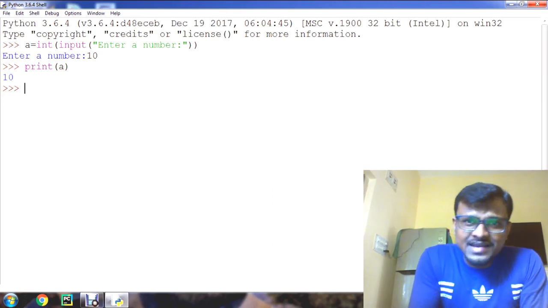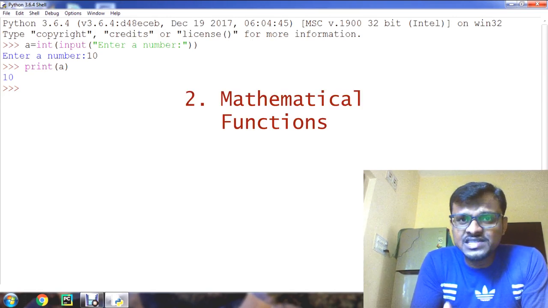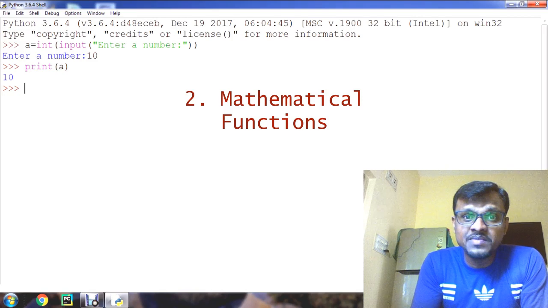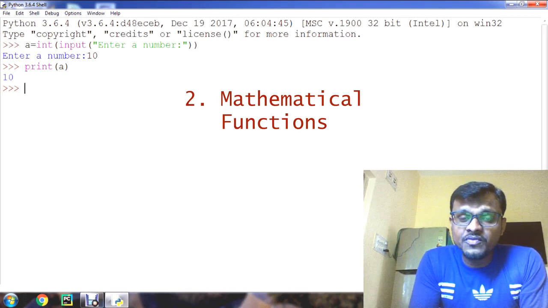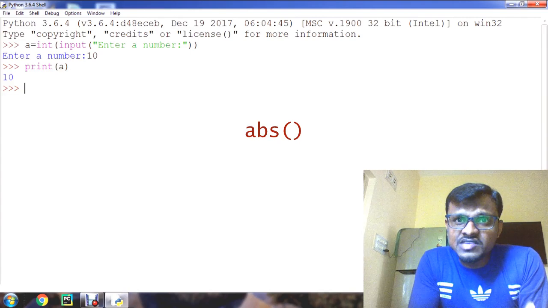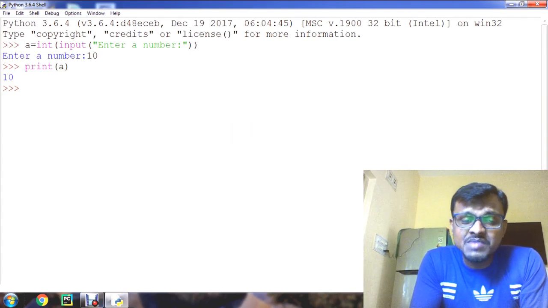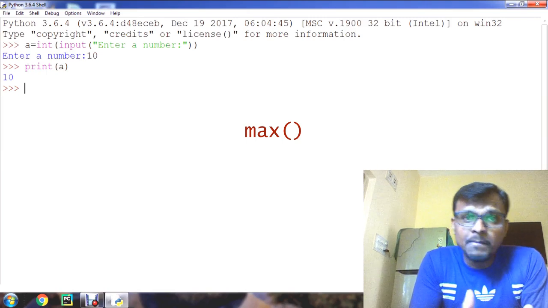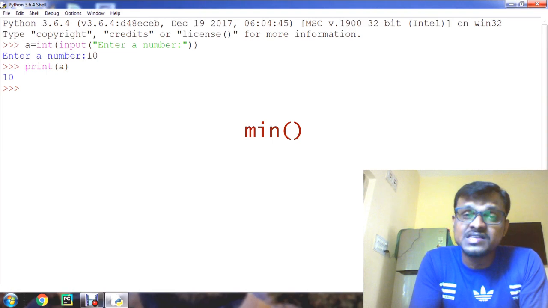Another category is mathematical functions. These functions are very useful in Python programming. They make the work in the program much easier for programmers. For mathematical functions, we use the absolute function abs, the divmod function, the maximum function, that is the max function, and the min function to calculate the minimum value in the sequence of values.